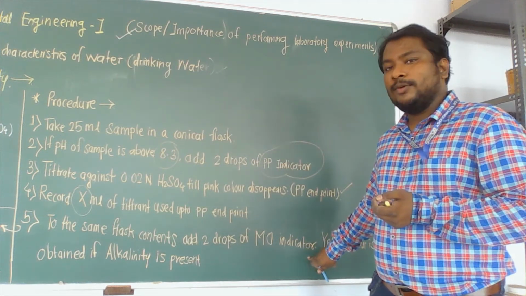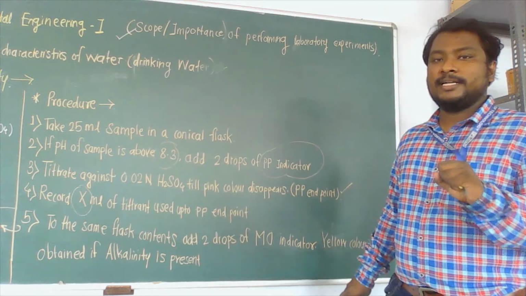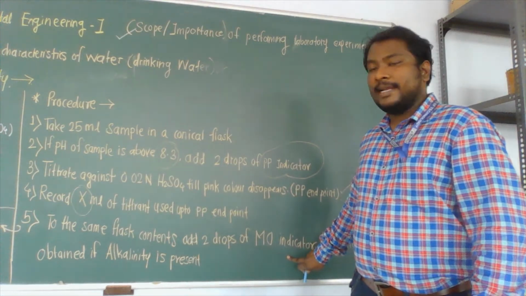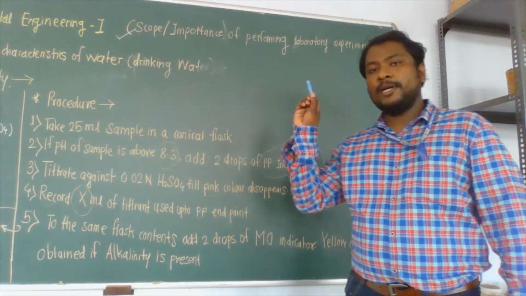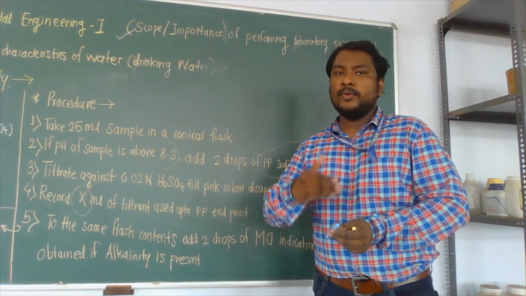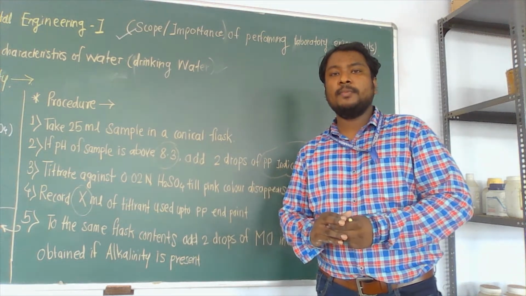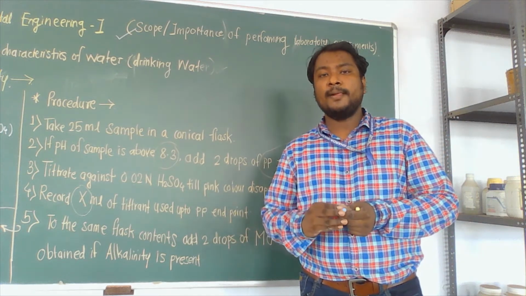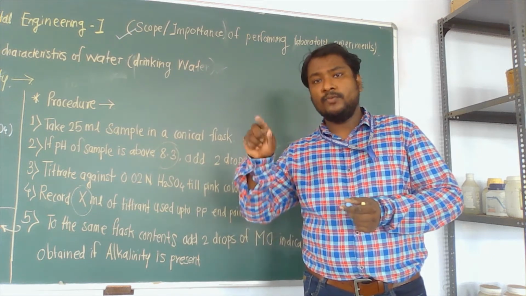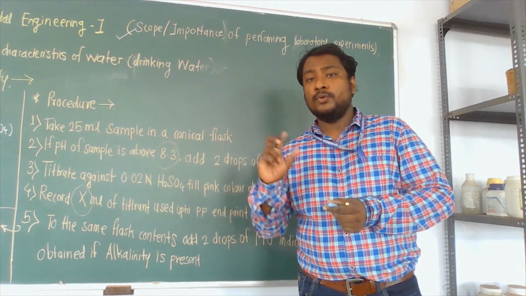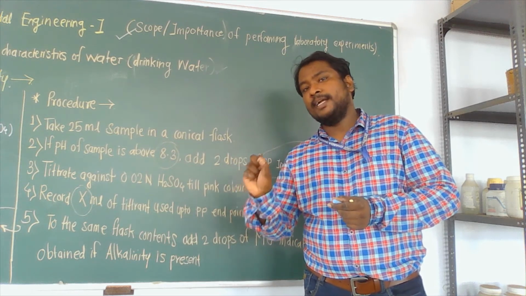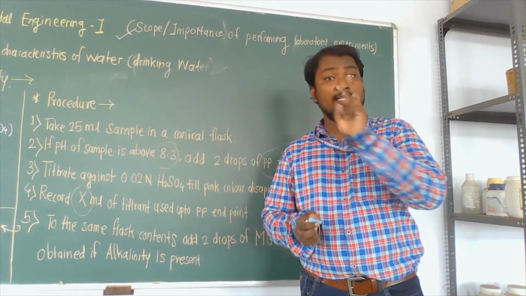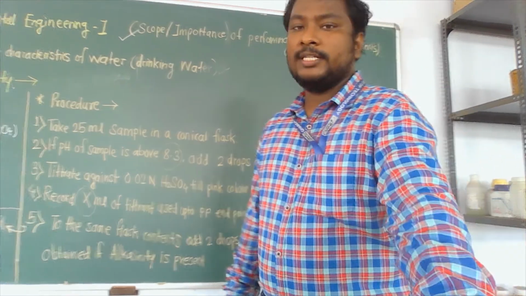And when yellow color is developed, a certain form of the alkalinity is also present when you have added the methyl orange indicator. The end point of this titration we are going to note as capital Y. Capital X we have noted, I will show you the observation table. Capital X is the phenolphthalein indicator endpoint. Now we will use the second indicator, and for that we use the corresponding letter Y, that is the mL of titrant used or consumed when you titrate with the second indicator, the methyl orange indicator.